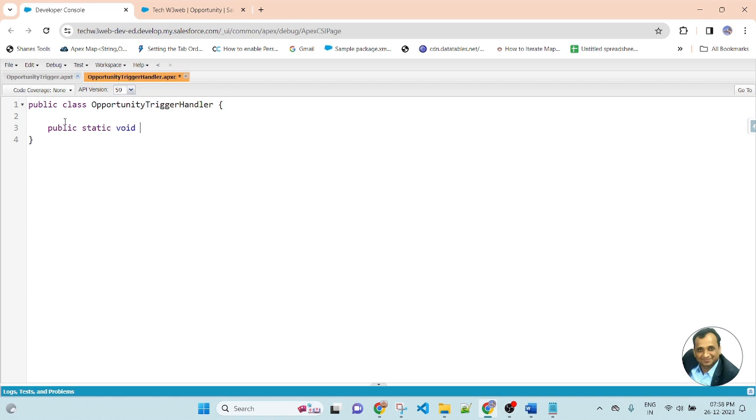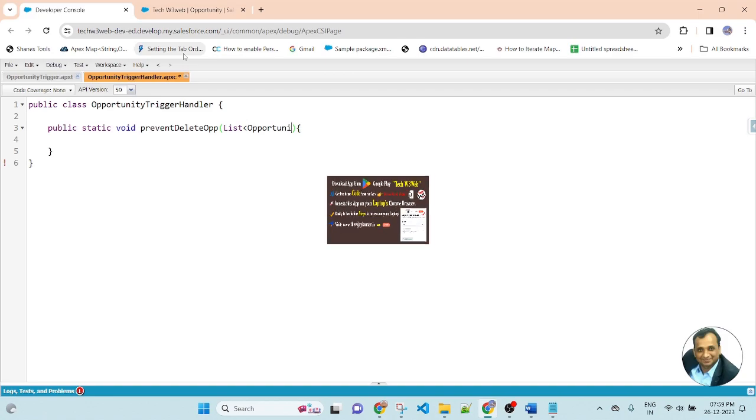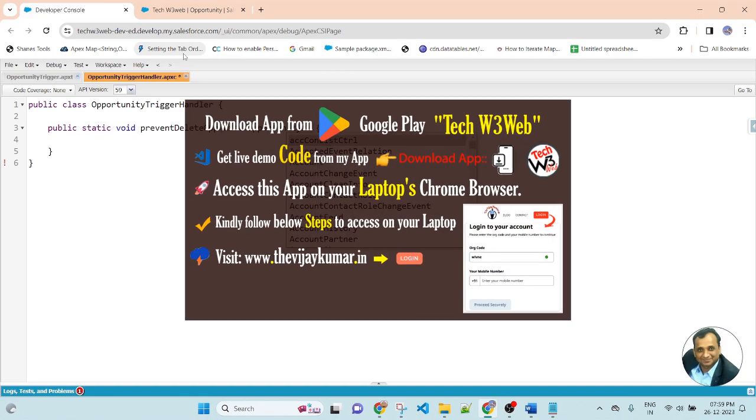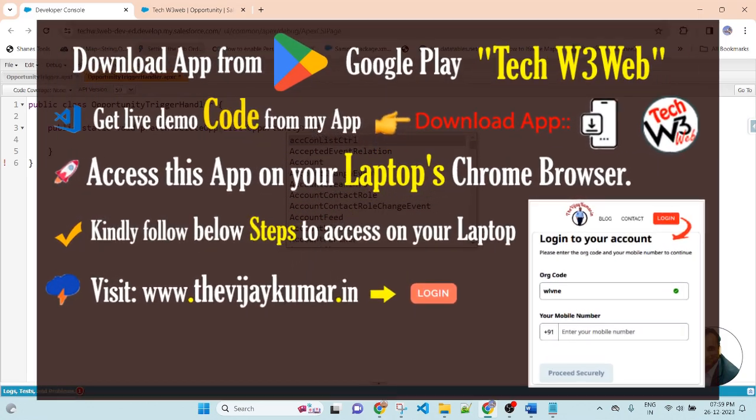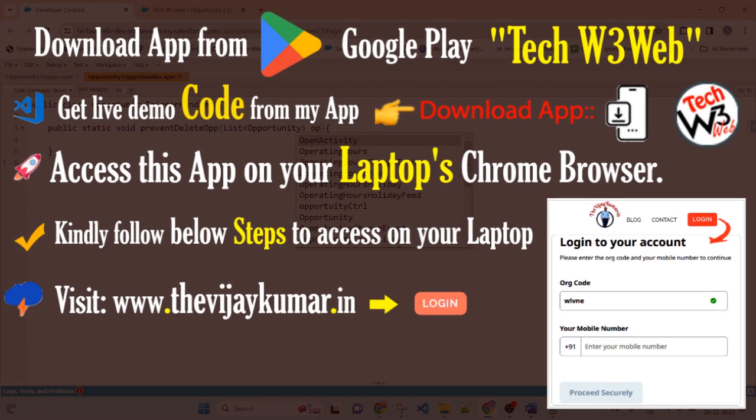Write the name of the method: preventDeleteOpportunity, preventDeleteOpp. Inside the brackets, here I am passing a list of opportunity. Write the name of the parameter: oppList.